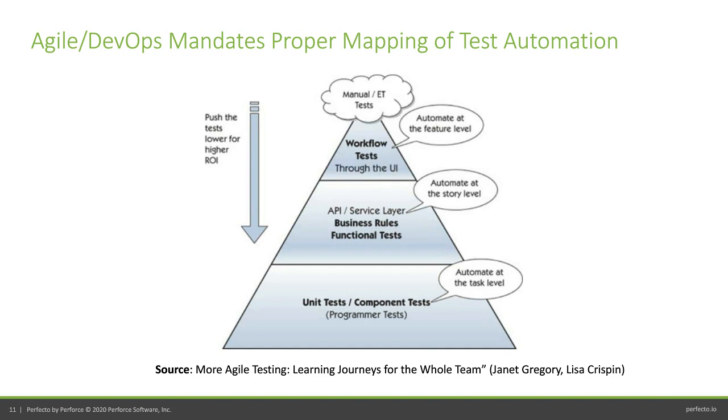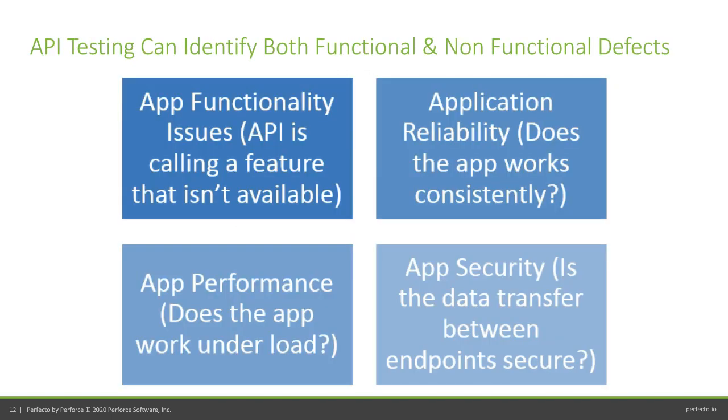So what kind of defects can API testing identify? When you look at this slide, you see functional bugs, reliability issues, security and performance. Some would say, okay, I get these kinds of defects also when I'm running functional and non-functional testing. But that's exactly the point. This is where you want to be smart about your strategy and balance the UI and non-functional testing with API testing. There are a lot of values that API testing can bring to the table, even overcoming limitations that UI testing cannot